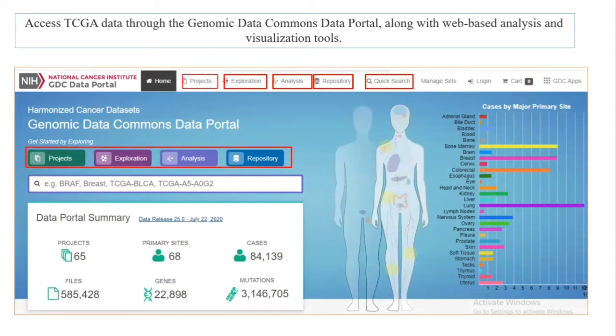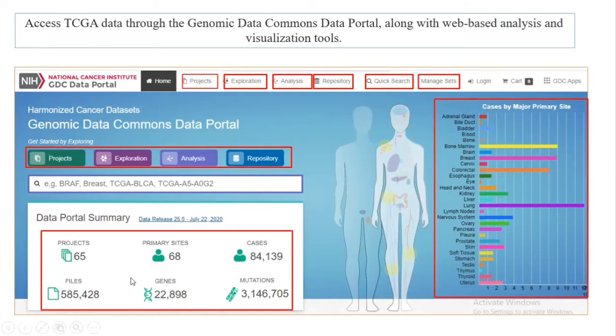And we can use the same from this particular project, or we can click directly here. These are the overall 33 different types of cancer which are involved in this particular GDC portal. And directly by clicking this particular lung cancer or liver cancer, you can visualize how many data sets are available with respect to this portal.